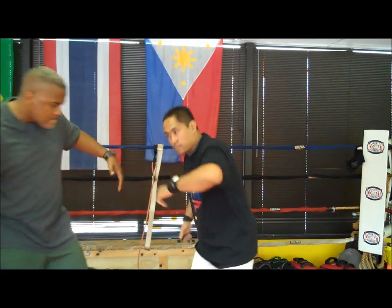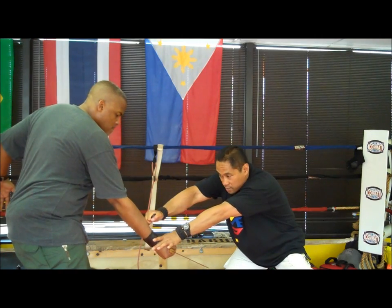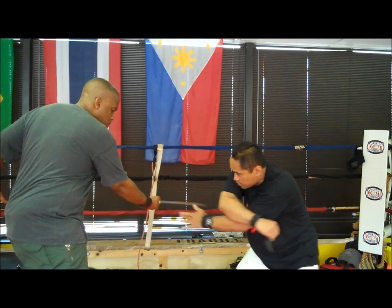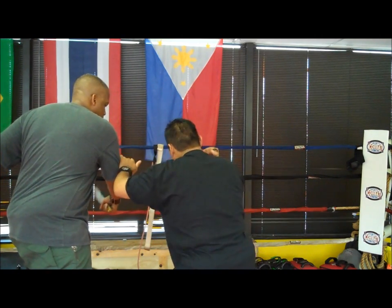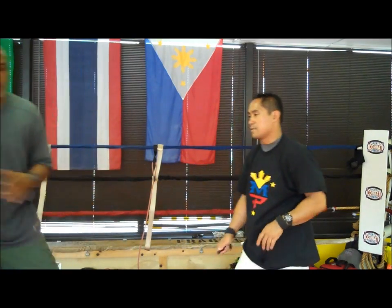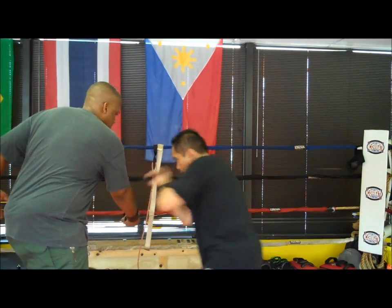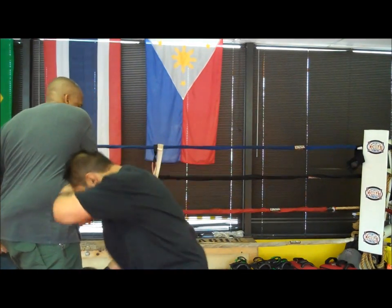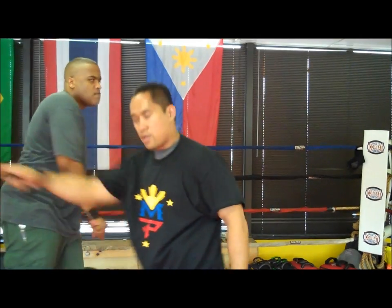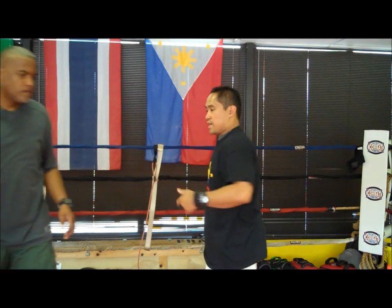When that slash ends up coming, clear my space. Guide here. Make the horizontal cut. Step in, vertical cut, and then back from here. Okay, let's take a look at that one again. From here, clear my space, cut that, cut, see how I check? Boom. Once I do that, I run. Make the cut and then run all at the same time, because I don't want to get caught with the backswing of this. So once again, from here,